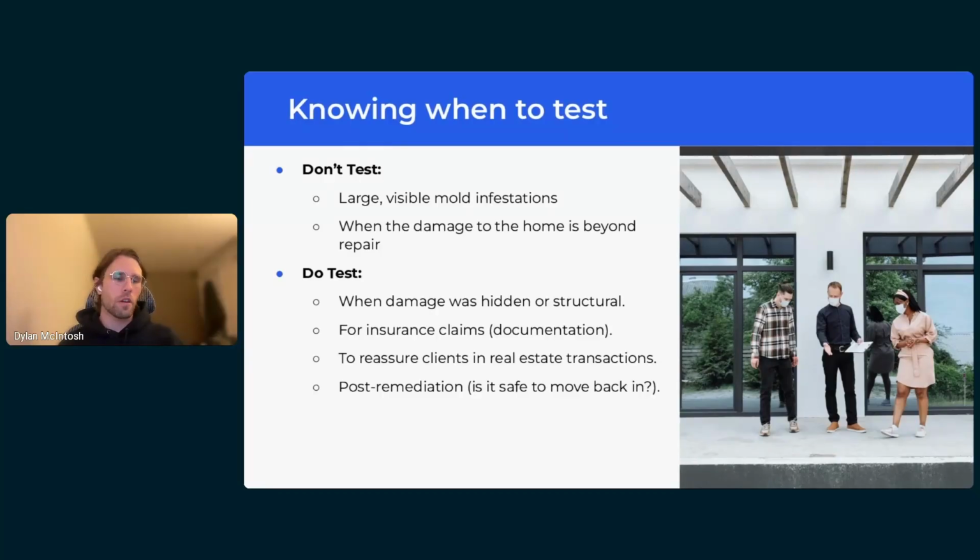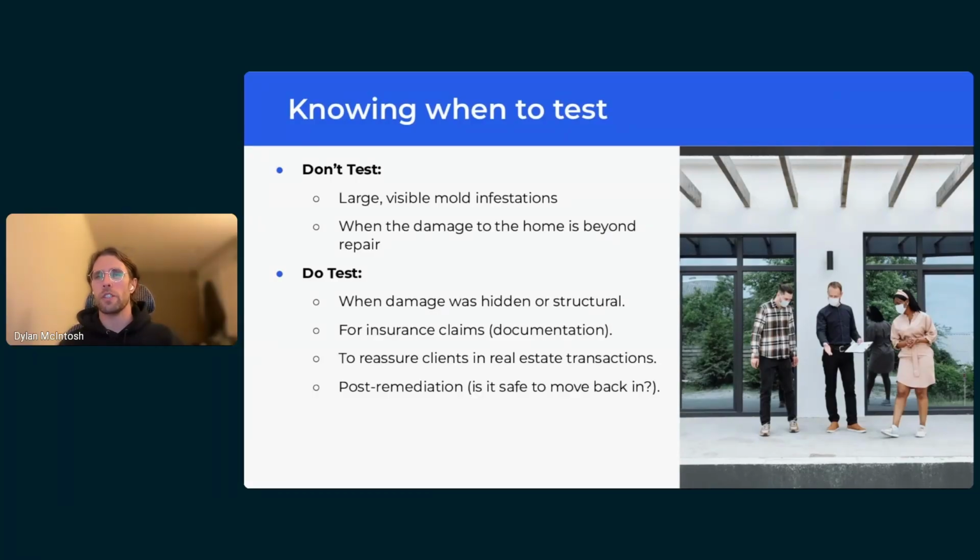So I know some inspectors work closely with insurance companies. If you're being called out by an insurance company you work with to do an evaluation and testing for documentation purposes or claim purposes, that's clearly an important time to test. If there's a client purchasing a property before, directly after, or in a property that has disclosed severe damage from a natural disaster or severe weather, those disclosures are a part of what you should be checking out.